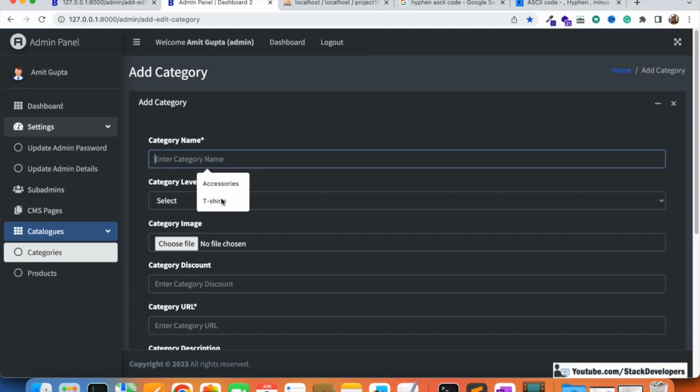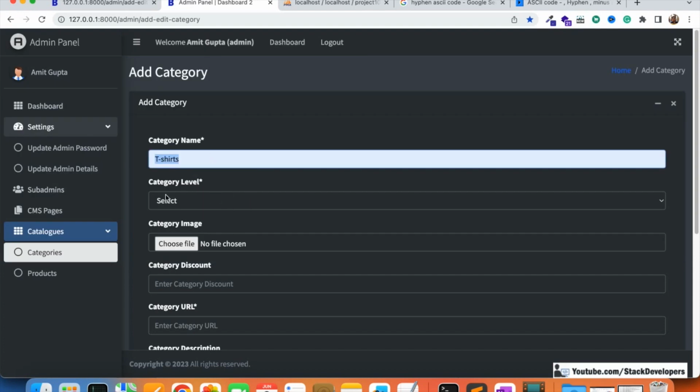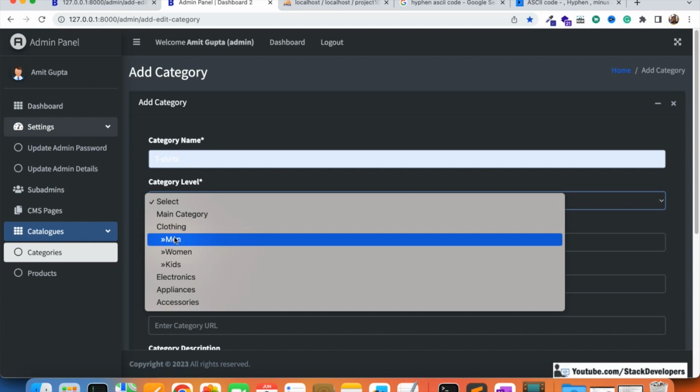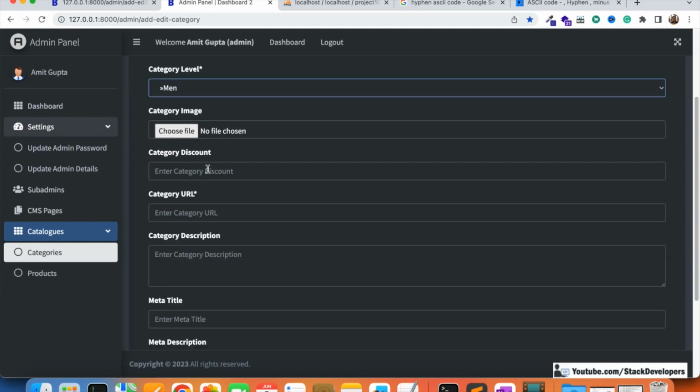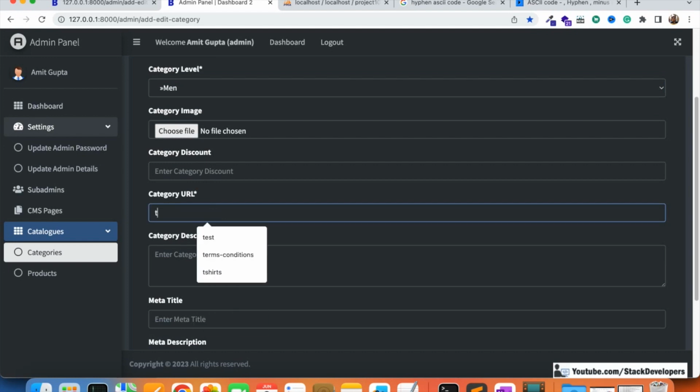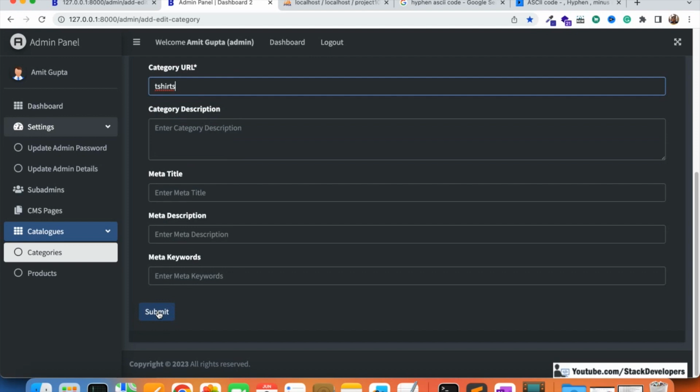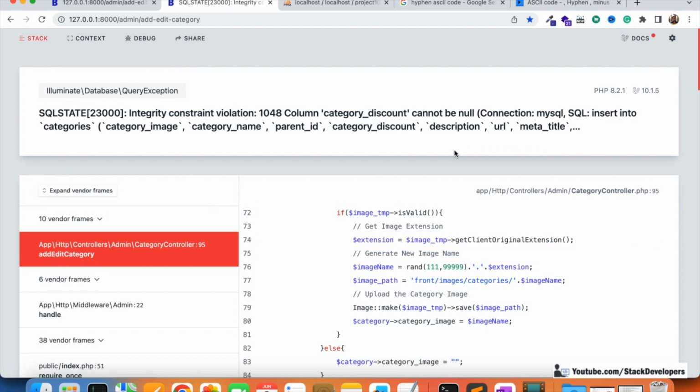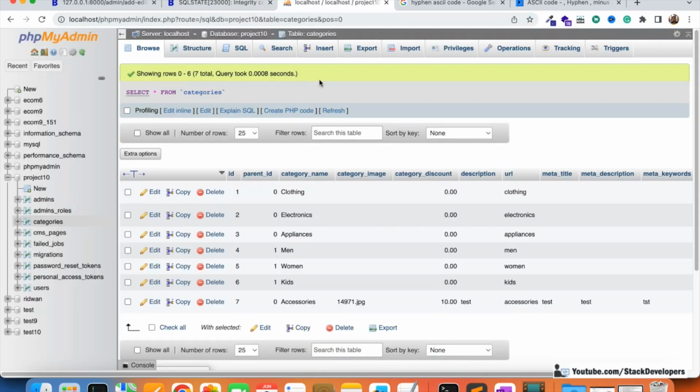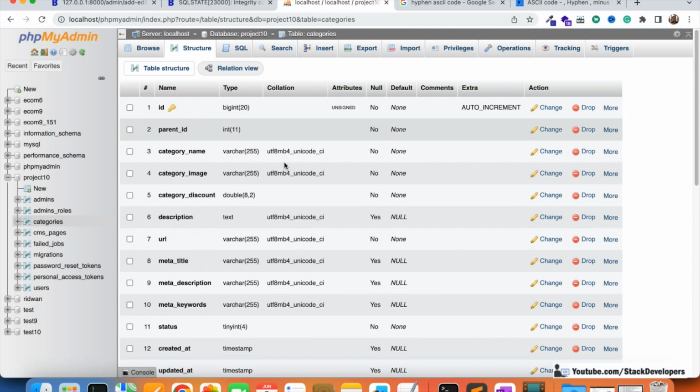We'll click on add category, and this time I'm going to add t-shirts once again, and you can see the t-shirts is there under men. I'm going to add, and category discount, I will not give any category discount. T-shirts I'm going to add once again, and will not give any other thing, so that we can check that if we leave it empty there must be no error. So I'm going to click on submit this time, and once again it is showing an error for the category discount,